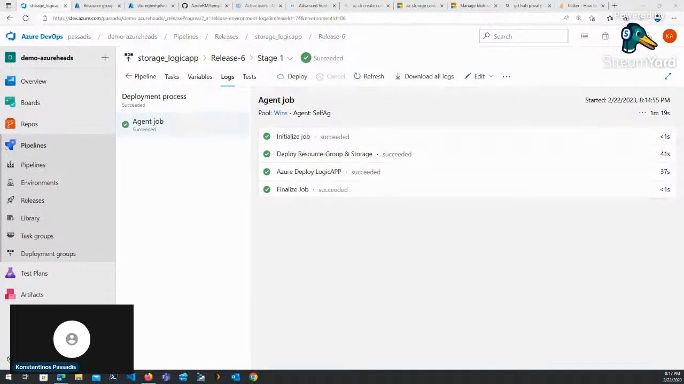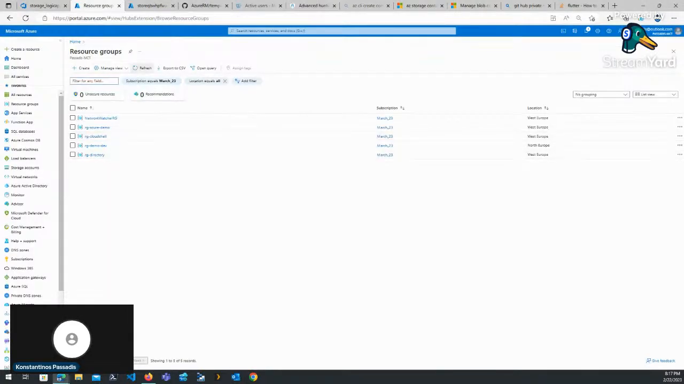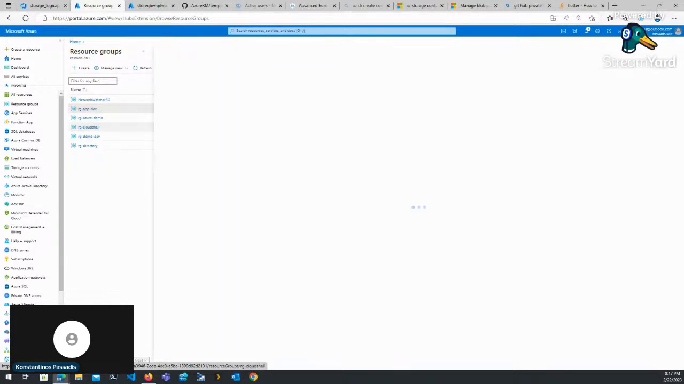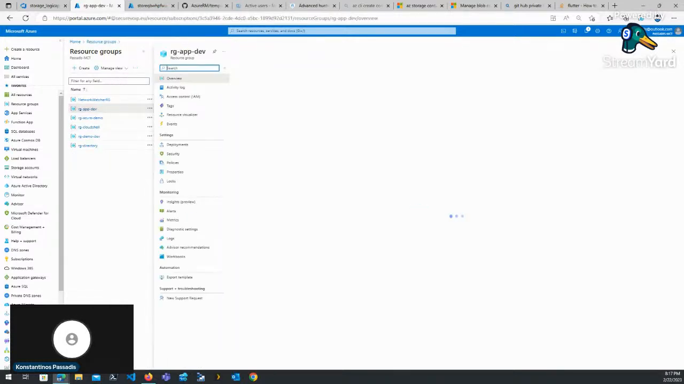Okay. So we are seeing that our job has run successfully. How can we verify that? We can, of course, refresh here in our subscription and see that the resource group has been created. If I click on it, we will see resources created. It will be the storage account and